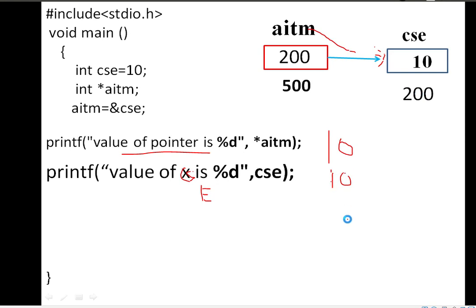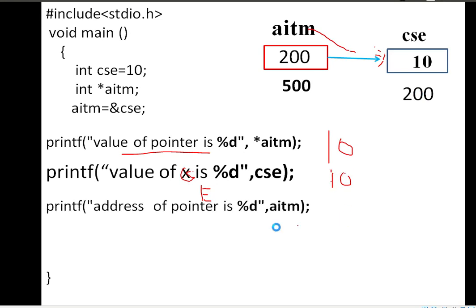Next I am going to print the address of a pointer. What is the address of a pointer? AITM is pointing to this variable, and this variable has the address 200. So the address of the pointer becomes 200.